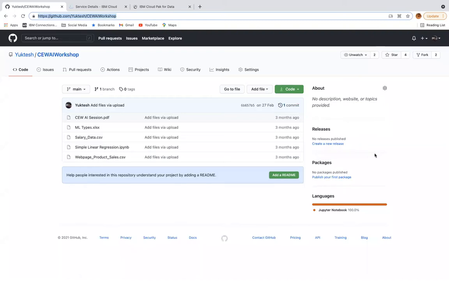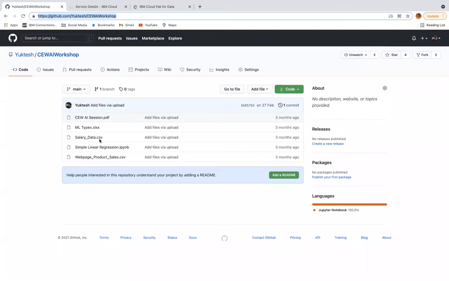Can you all see the link which I have shared in the chat? github.com/Yuktessh/CEWAI workshop. Basically, I have shared the presentation which I walked through, and the Excel sheet, Kohli India win lose, that page you have got it here. The same you can find here as well.